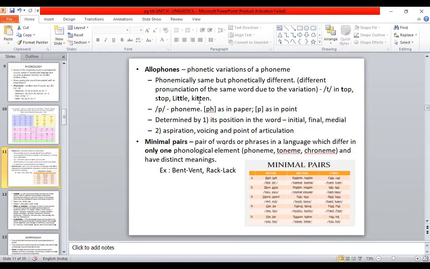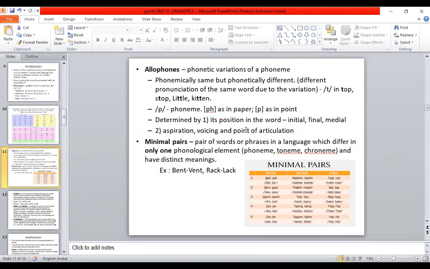Your tongue touches the alveolar ridge. Exactly. So it touches the front upper part of your mouth, which is the alveolar ridge. Now, if you look at the word stop, it comes a little outside. Why? Because the word begins with the sound s. So when you say stop,